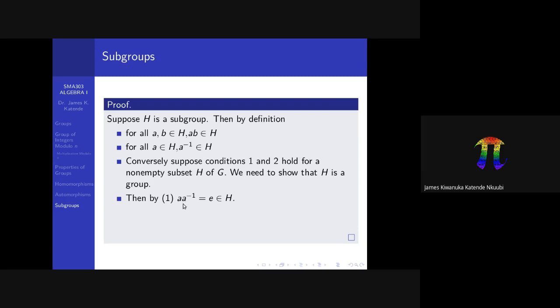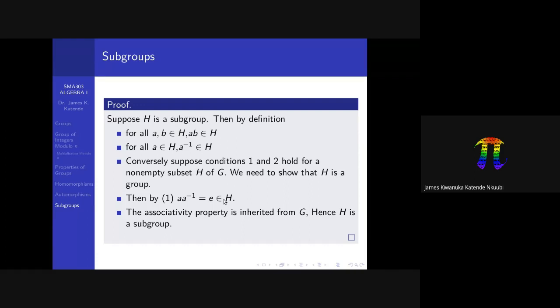But we know that their product will be equal to the identity. So the identity will also be in H because of using the two properties. So we have three properties checked. The closure has been checked. We have checked inverse, and we have confirmed that the identity element